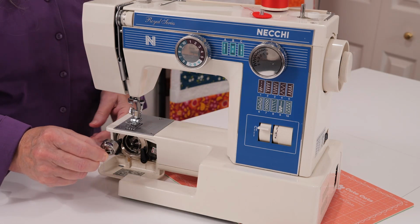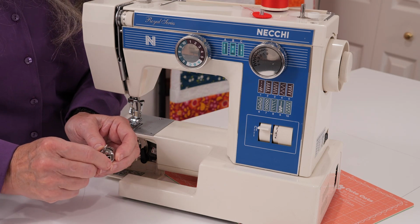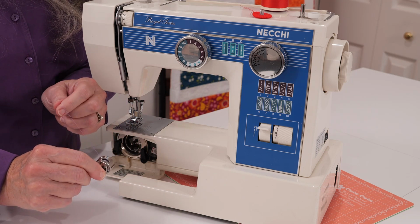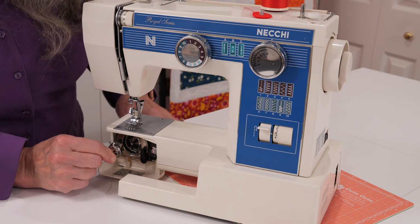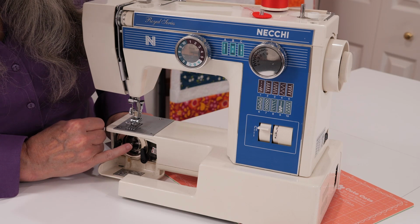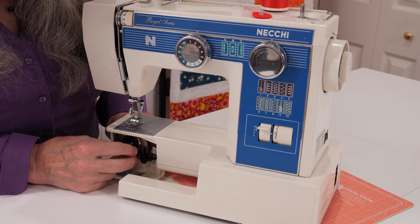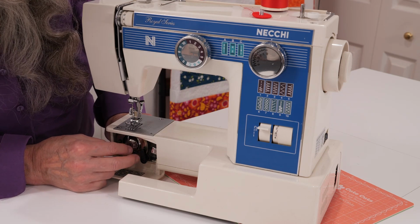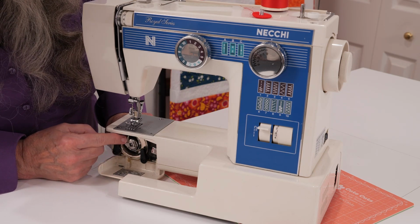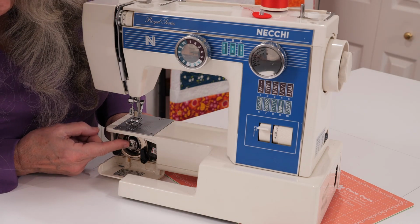So I'm going to hold this bobbin with the latch open. So here's the latch that I'm opening. And notice I have about 4 to 6 inches hanging off of there. I'm going to take this and I'm going to put it on this metal rod right there in the middle. Put it on there. And I'm going to have the finger of the bobbin pointing up, and I'm going to push it until it